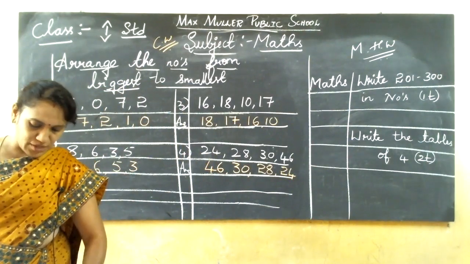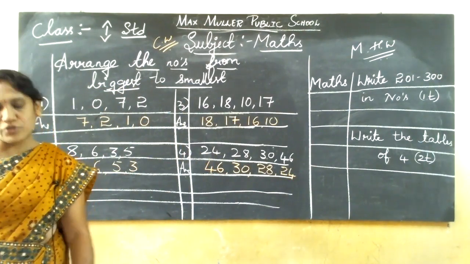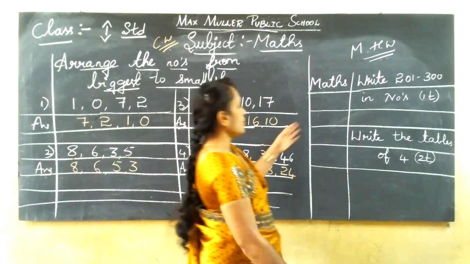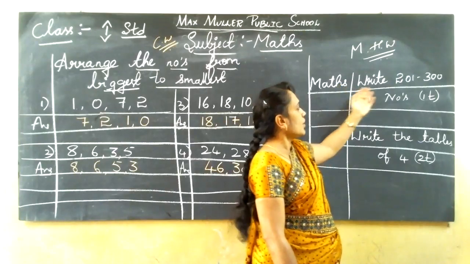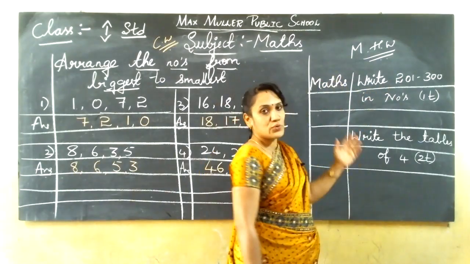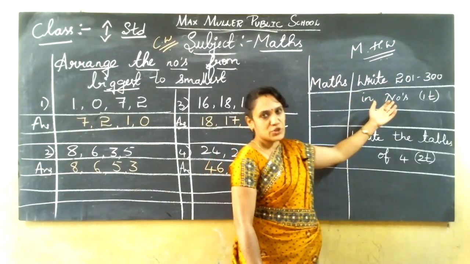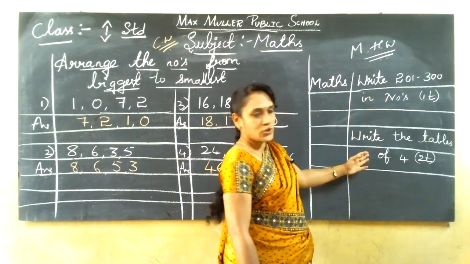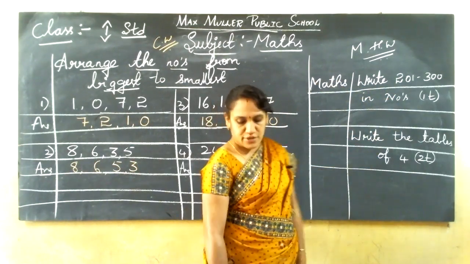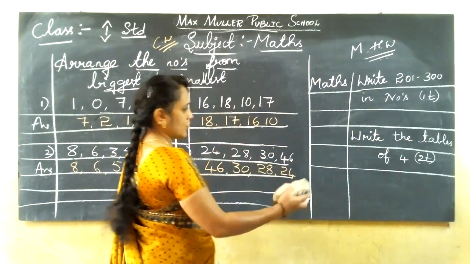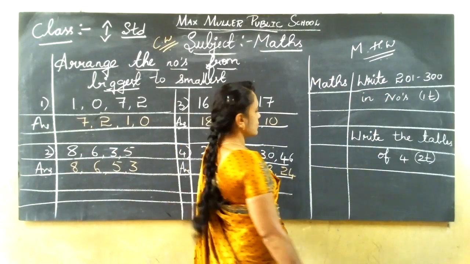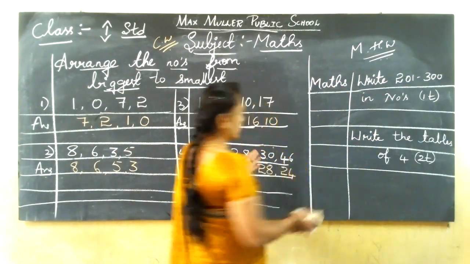After writing this, keep ready the fresh page. This sum, have you understood now? Yes. I'll tell and give this sum. And homework today: 201 to 300 numbers. You know now, 201, 300, 202, that sum. While teaching in the bridge course class, I have taught you. Then tables, the 4 tables also, you should write. If you want, I'll tell and give the 4 tables once, then you can write in your homework book. Shall I tell and give the 4 ones? Yes. Shall I erase this sum?